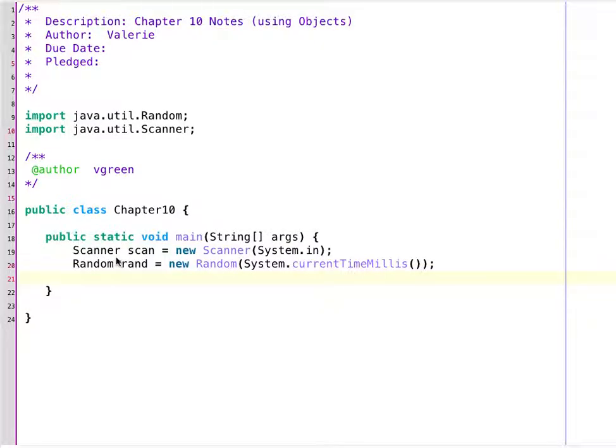If I needed to have another scanner that's maybe not reading from the input, like reading from a file, I could say new Scanner down here somewhere and call it something besides scan, so I could have multiple instances of it. One thing that chapter 10 does is it